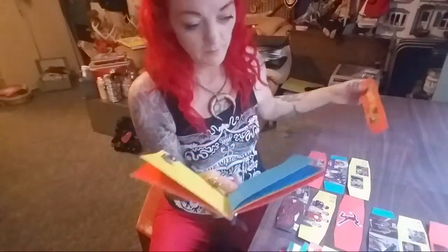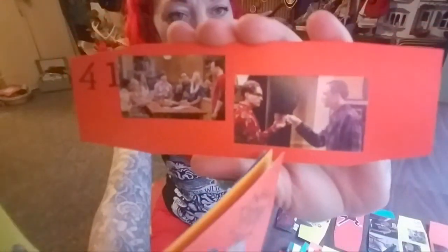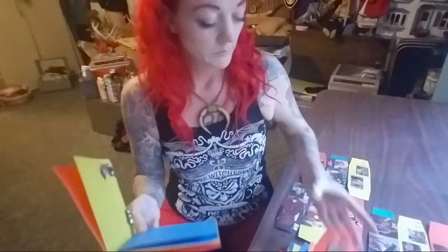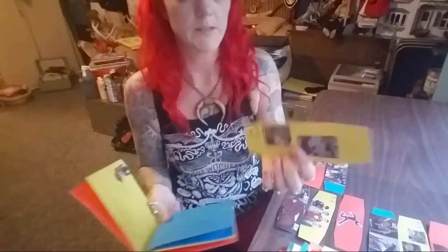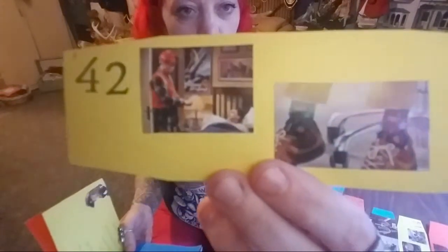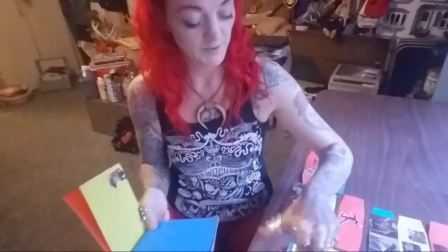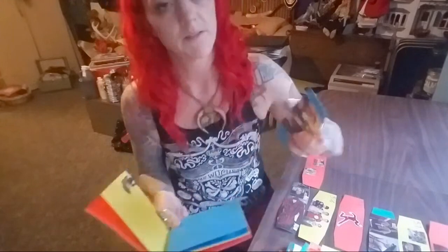Card 41 is everybody's drinking, so I wrote cheers. And it's funny because right here, this is actually a cup of urine. But yeah, cheers. Card 42 is safety. Safety. So we have Sheldon with safety equipment on, and then we have him out in the parking lot in his spot. Card 43 is acting,